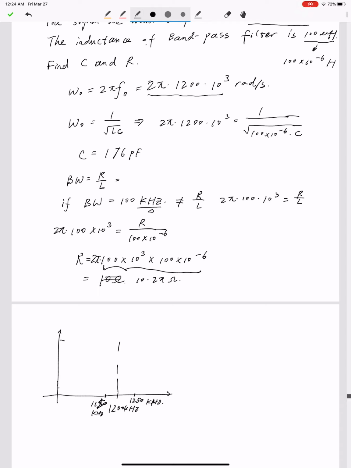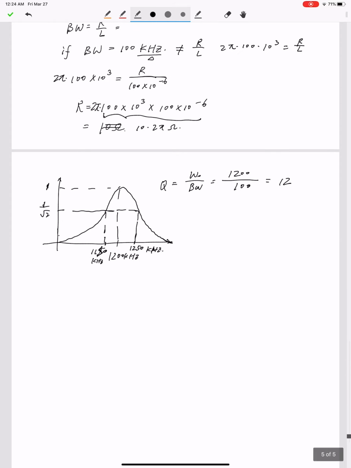At the central frequency, the magnitude should be 1. And at the low cutoff and high cutoff frequencies, the magnitude should be 1 over square root of 2. So that's the plot we have for this bandpass filter. And we can calculate the quality factor of this bandpass filter. That equals omega 0 divided by the bandwidth. Omega 0 is 1200 kilohertz divided by 100 kilohertz, which equals 12. Okay,